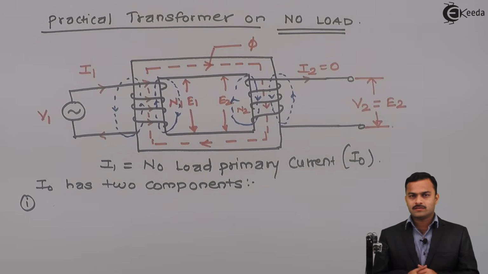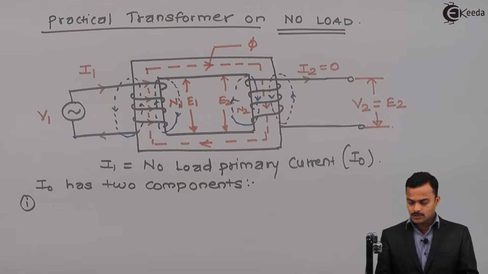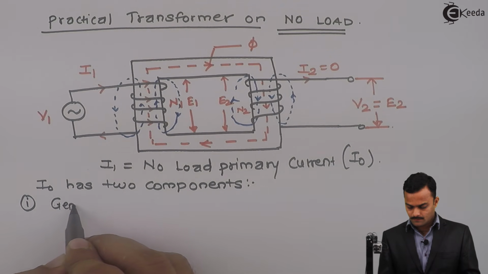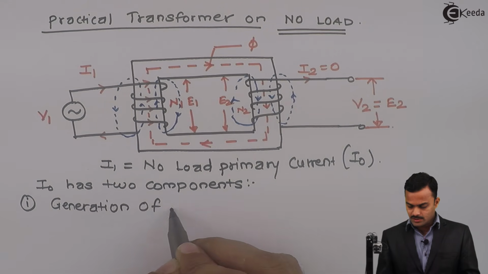So these are the power losses. So some amount of current and some representation of these losses as a resistance will be there. So current I0 has to serve these core losses, or you can say these iron losses, and secondly flux phi needs to be created. So the job of I0 is generation of magnetic flux,